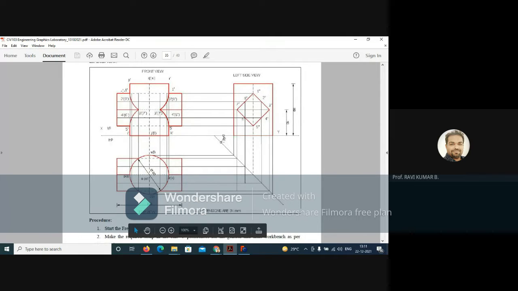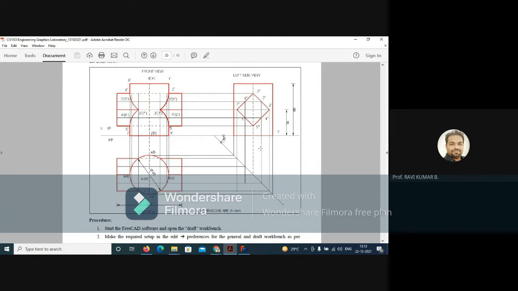Once we have the front view and the top view as a circle, we have to project lines at 45 degrees to the horizontal plane and vertical plane. So we will draw a 45 degree line and project all these four. In a cylinder you will have 4 points, vertically up and down, and horizontally up and down. We can call them P, Q, R, S, the top side, and I, J, K, L, the bottom side of the cylinder. We will project all these 4 points right here, and we will get the left side view.